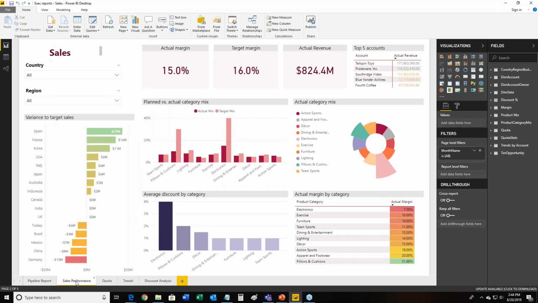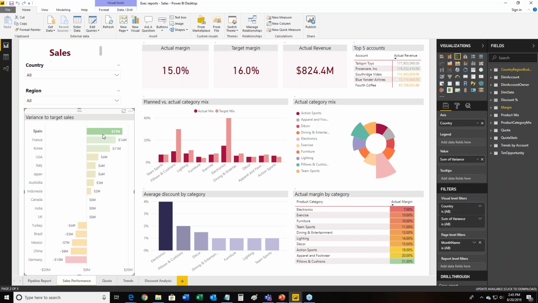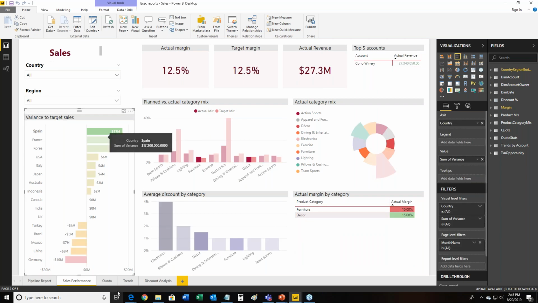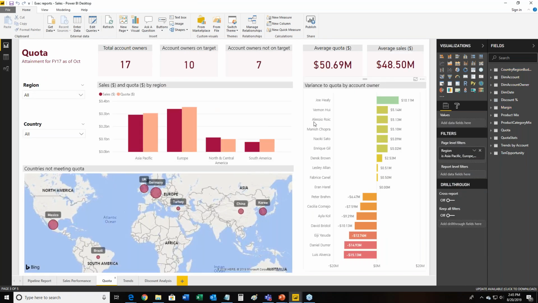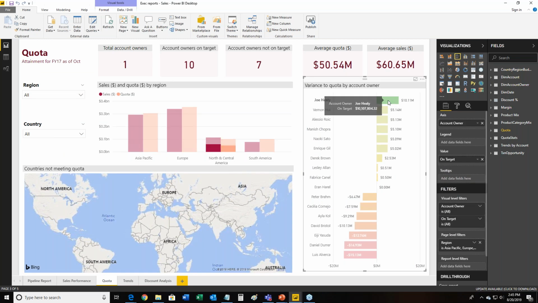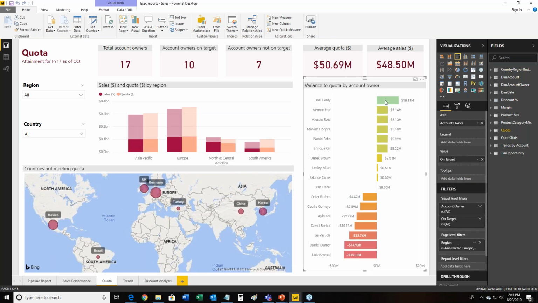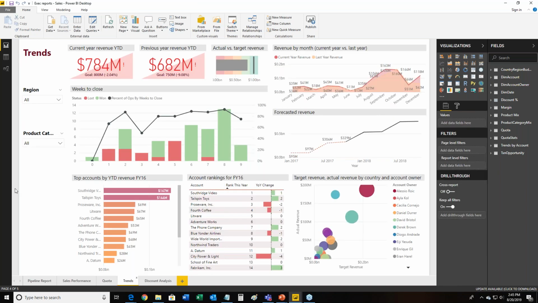Let's say sales performance. I can click on target sales, let's go to quotas. And I can see, whoa, look, Joe Healy's doing very, very well. I can click on him and understand more about where are his deals and where aren't they. And I can also look for trends in the data.